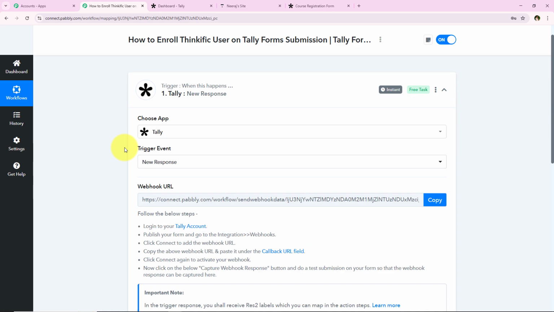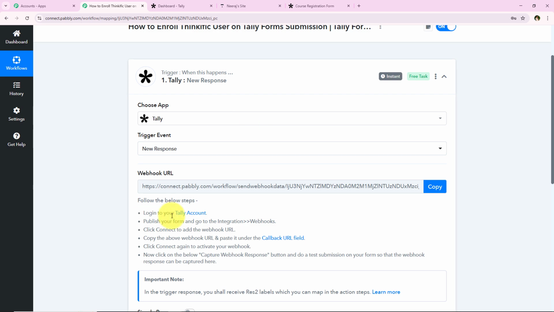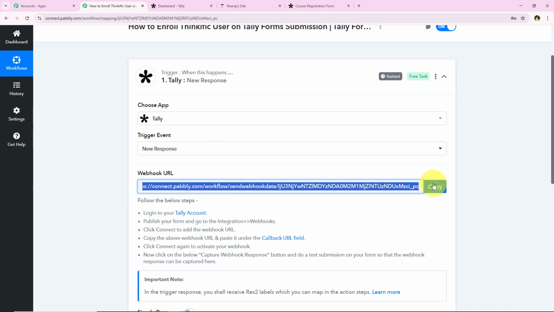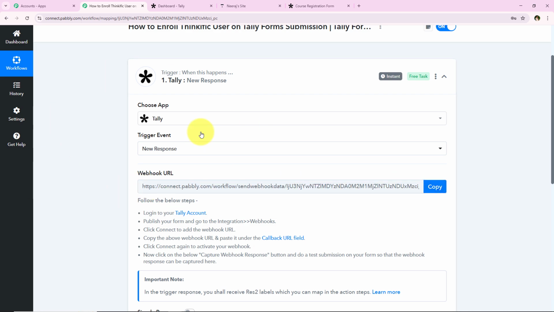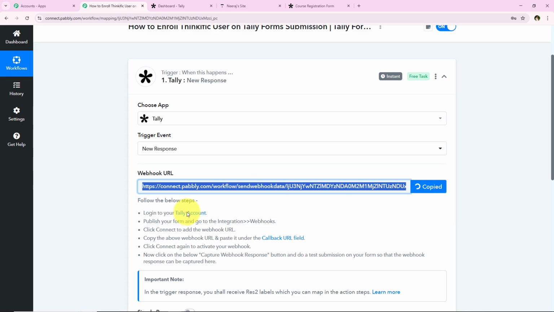And now it is giving me a webhook URL. We are going to use this same webhook URL in order to create a connection between a Tally account and a Pabbly Connect workflow. So first I'm just going to copy this webhook URL, and then we have